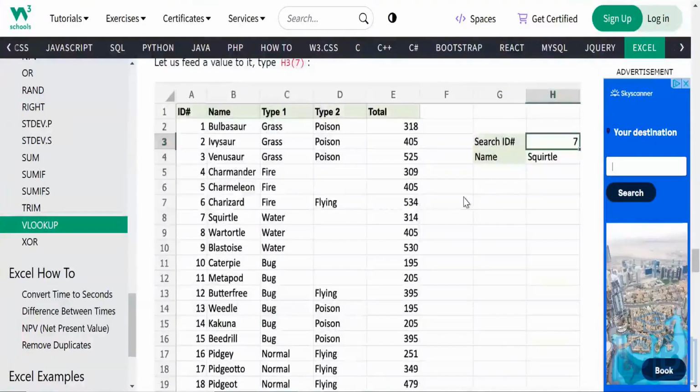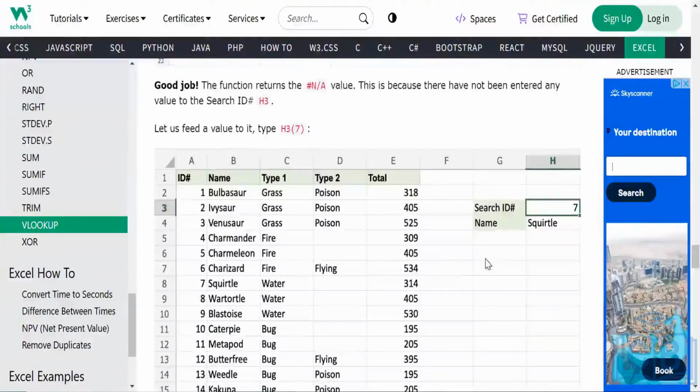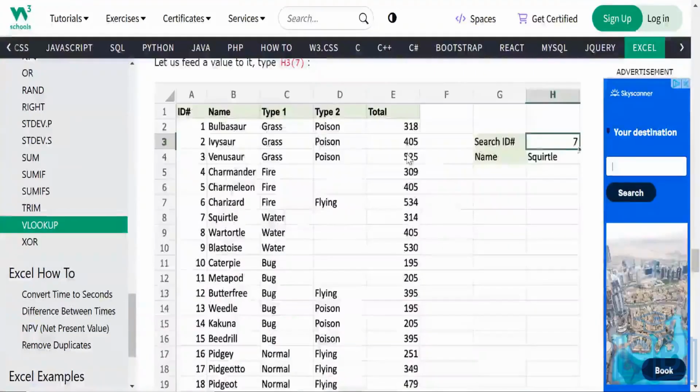Let's say here they have made a VLOOKUP with a search ID. Someone enters a search ID, then the name from this particular B column will come. Let's say someone enters 1, the Bulbasaur name will come, as it matches this particular data. If someone enters 13, that one will come. From here, it's looking up the value based upon the search ID